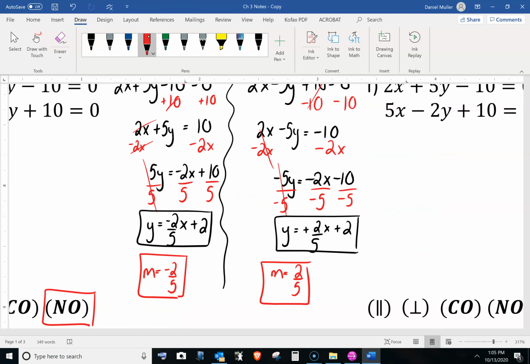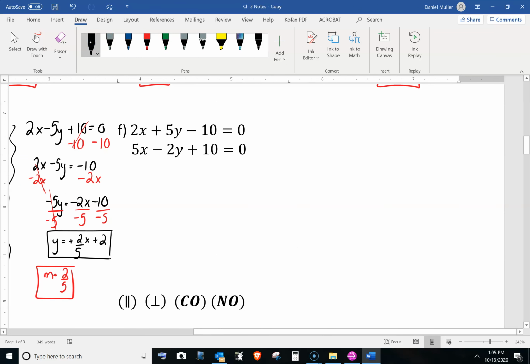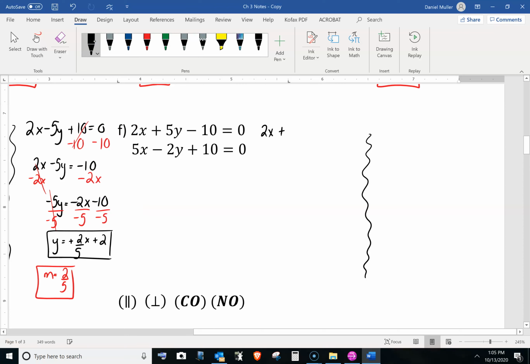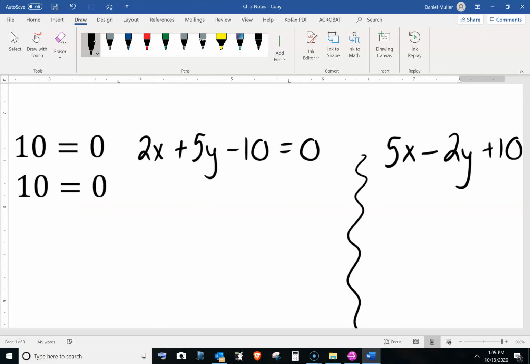So there's one more here. We can start by separating this into two areas. Let's write down 2x plus 5y minus 10 equals 0. So kind of the same numbers here. And then we've got 5x minus 2y plus 10 equals 0. So I recognize these numbers, but